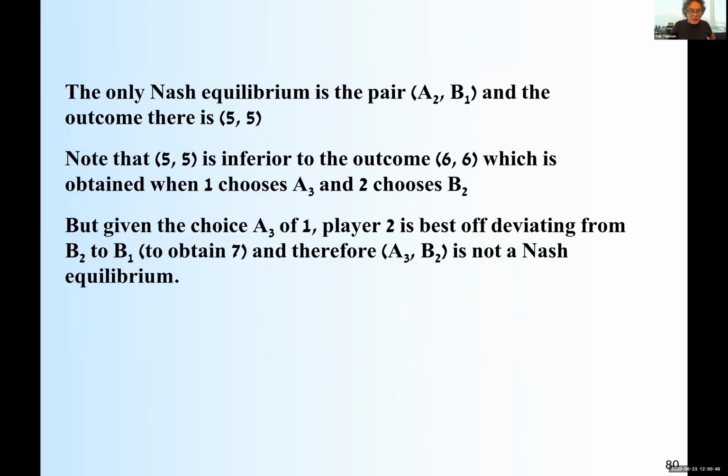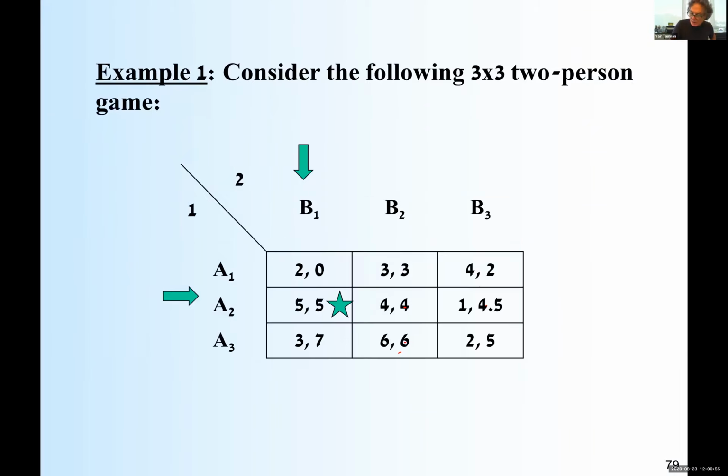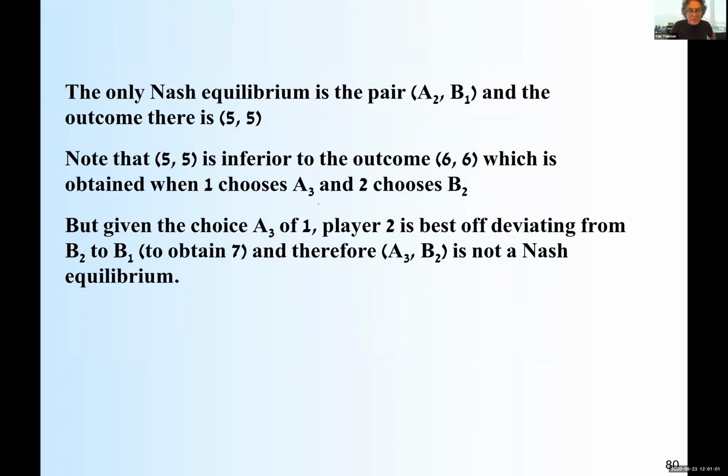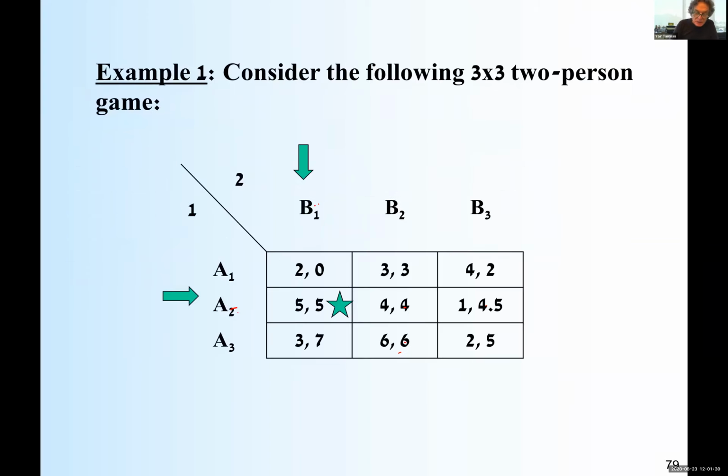Okay, so we say this, the only Nash equilibrium is the pair A2, B1. And the outcome, the Nash equilibrium outcome, is 5-5. The equilibrium is the pair of strategies, A2, B1. The numbers, 5 for me, 5 for you, is the Nash equilibrium outcome. And very shortly, we're not going to say every time Nash, Nash, Nash. We'll say equilibrium. Know that 5-5 is inferior to the outcome 6-6. You see, I have 5-5, I have 6-6. Obviously, 5-5 is inferior,